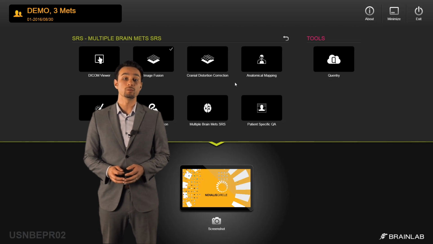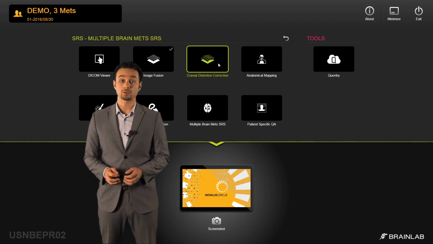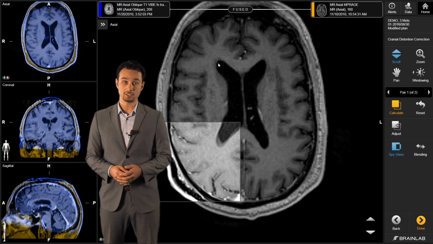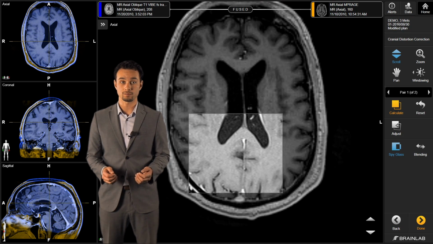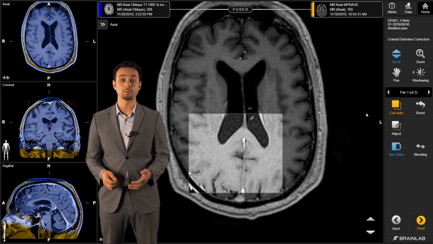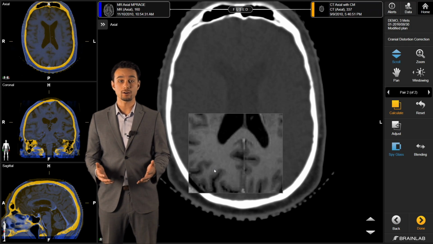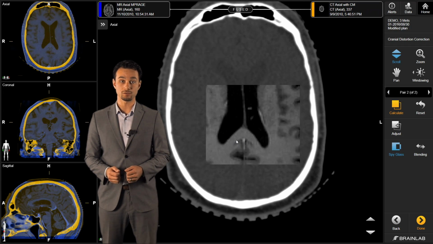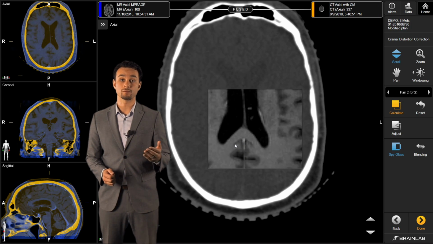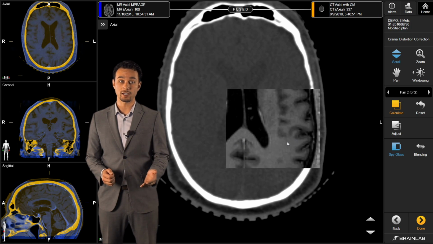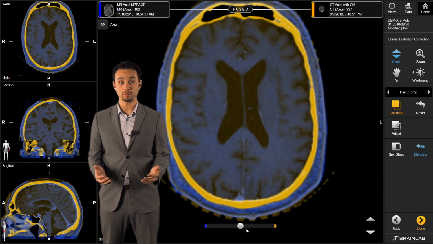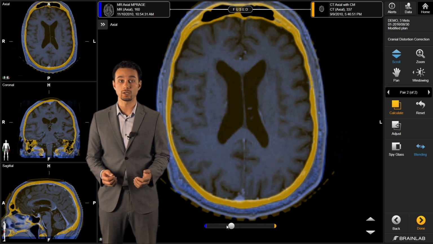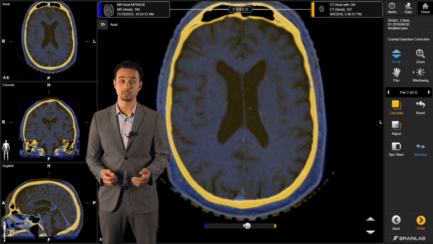After image fusion, we move on to our cranial distortion correction element. Every single MR sequence has some amount of geometric or patient-specific distortions. This is a tool that allows you to minimize these effects. The layout here looks very similar to the image fusion element. You can review the rigid fusion with the spyglass or the same amber blue blending tool. And if you're still happy with the fusion result, we can go ahead and click on the calculate button to